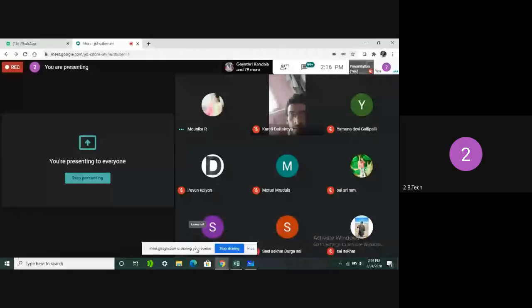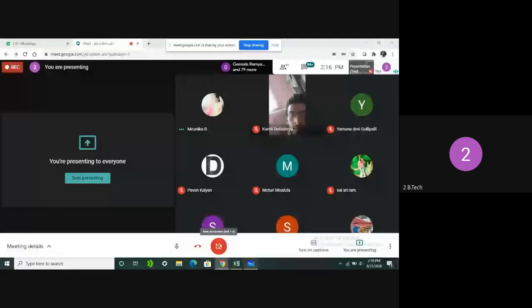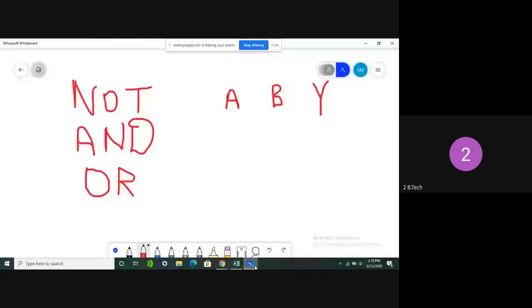Okay, can you observe there the different logical operations that we can perform? And these three are the basic logical operations. Not, another logical operation is and operation, and another logical operation is or operation. From these basic operations only we can find out a number of different operations, and how we are going to name them we can see here.